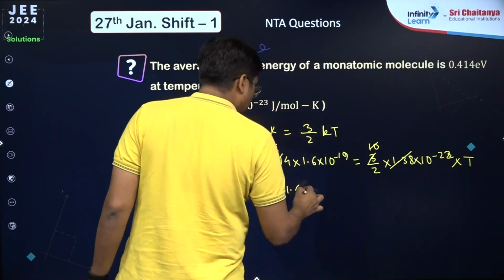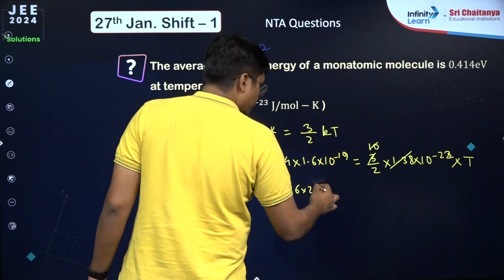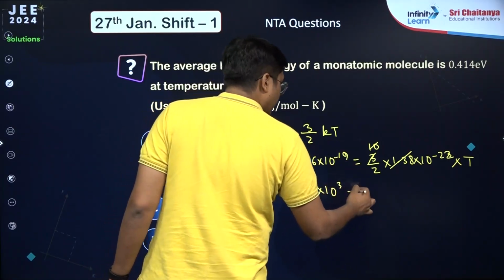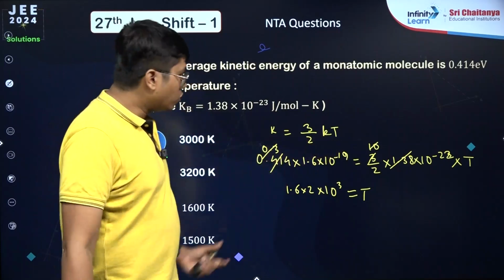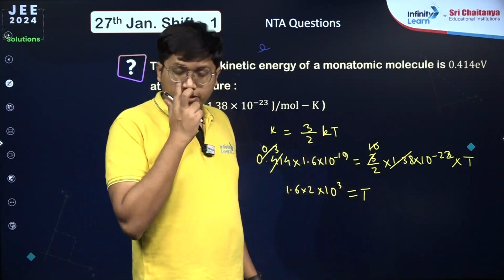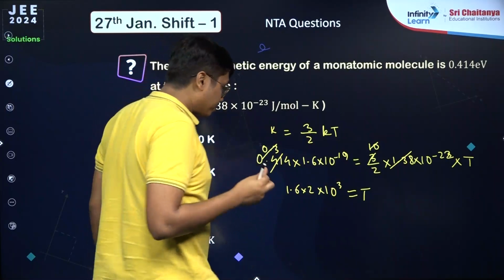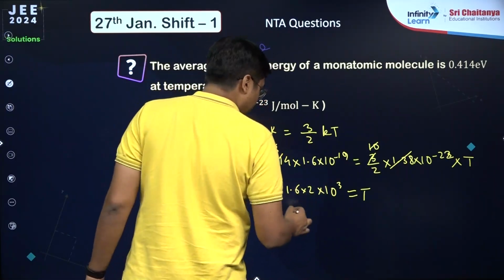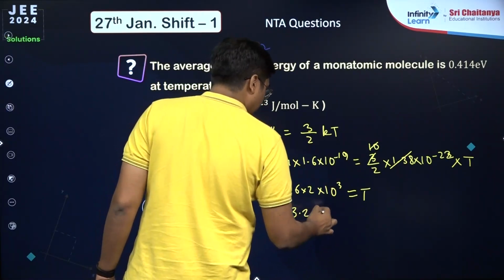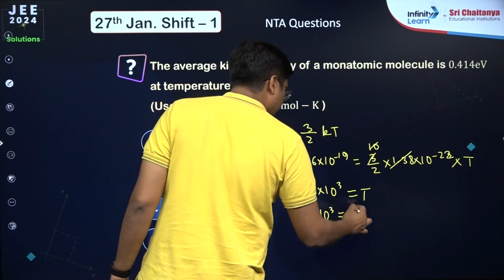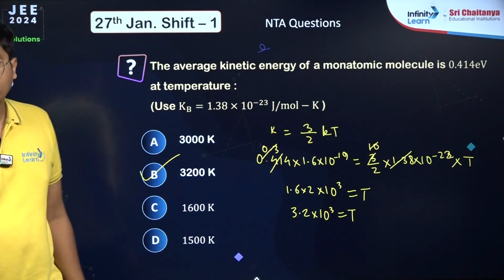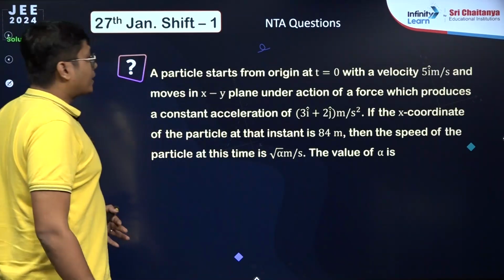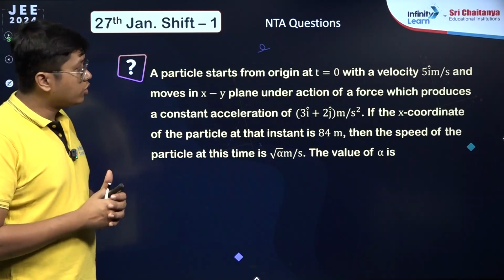So 1.6 into 2 into 10 to the power 3 is equal to T, because 10 to the power minus 22 comes here with 10 to the power minus 19. So the difference is 3, so you'll have 10 to the power 3. So that makes it 3.2 into 10 to the power 3, that is 3200 Kelvin. That is the answer. Next one says a particle starts from origin at t equal to 0 with a velocity